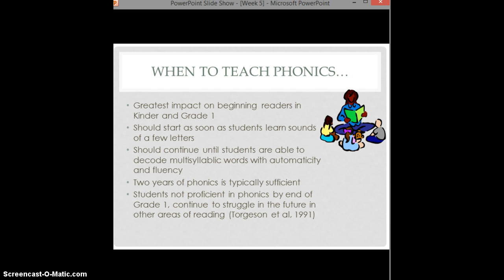And like I said, we know that students who are not proficient in phonics by the end of grade 1 are really going to continue to struggle in the future in all other areas of reading. So we know that in second grade, there's not as much phonics support. It's still a great time to intervene, and a lot of students can make up some of that time if